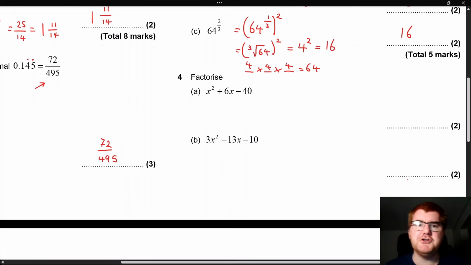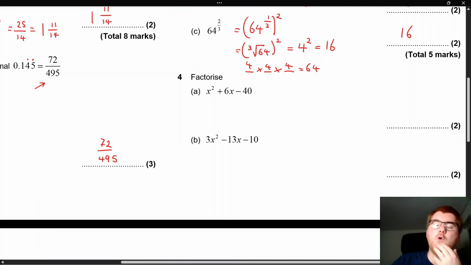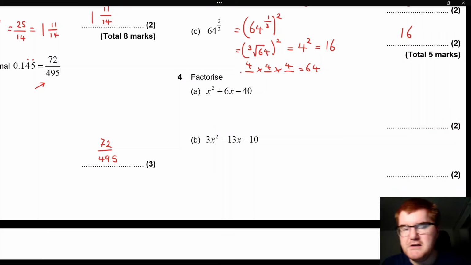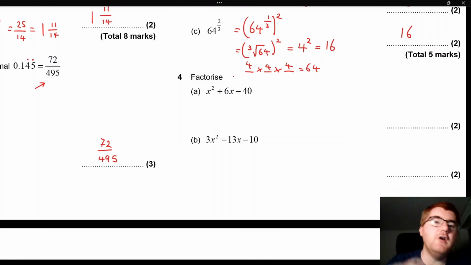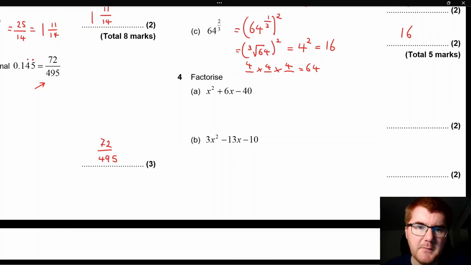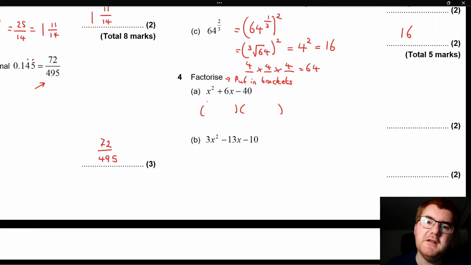Right, on to question 4 here. Factorizing is always an important topic. Again, there's a couple of different ways that you can do this. Again, if you want more detail on factorizing, watch the algebra video above. Now here, again, factorizing, all that means is put in brackets. And because we have an x squared term, an x term, and a number, it means we're going to put it into 2 brackets. So first of all, we know it has to be an x in the start,